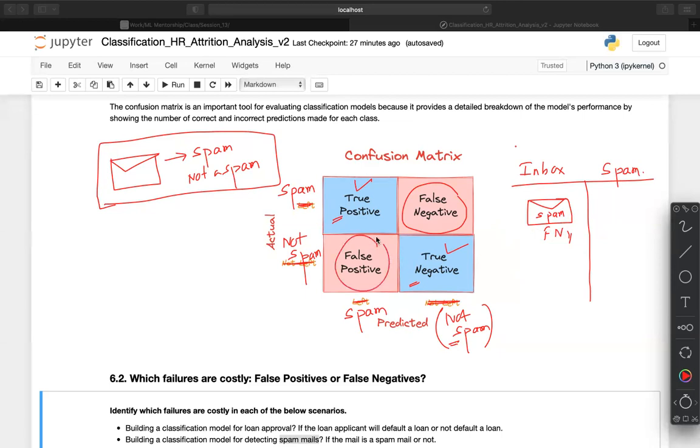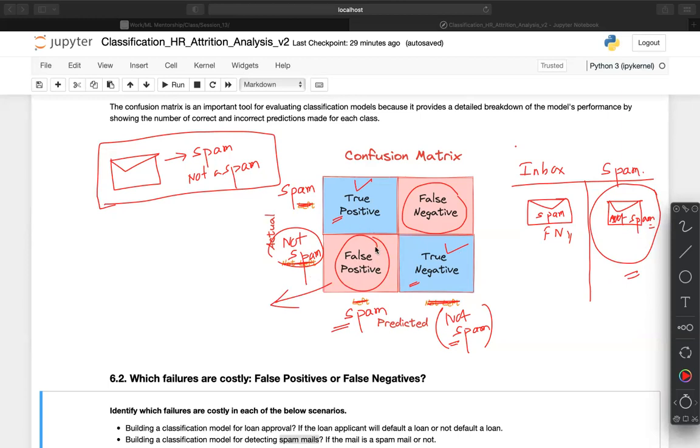But what about the false positives? The model says it's a spam. Because the model says spam, this mail goes to the spam box. But it's actually not a spam, it's actually a good mail. So you are getting a good mail into the spam box, which is most likely not acceptable for an emailing system. So the trust of the email system will diminish if you start putting a lot of these good mails into the spam box, right? So in this particular case, the false positives are extremely costly,